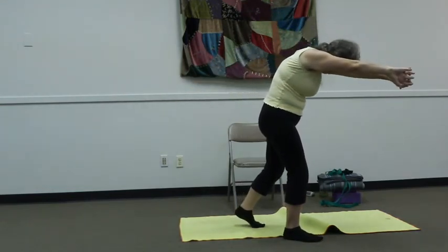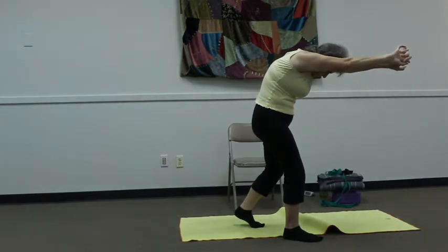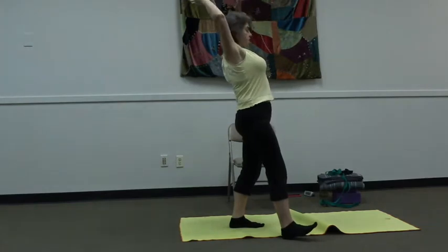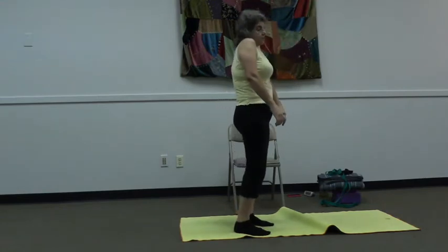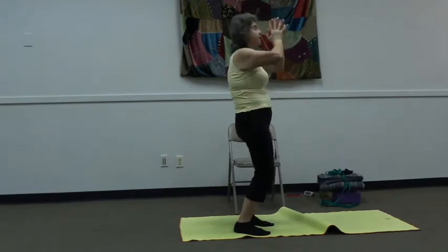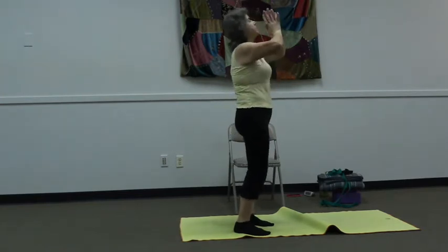Top of our hands touching and interlacing fingers. Be careful with your front knee. Tummy's tucked in. And palms of the fingers to the ceiling, reaching up, opening arms, bringing our foot back to side of the other one, rolling shoulders up, back and down, hands together, inhaling, reaching up, exhaling, opening our hearts, and again, reaching up,